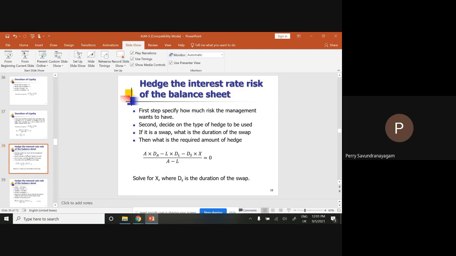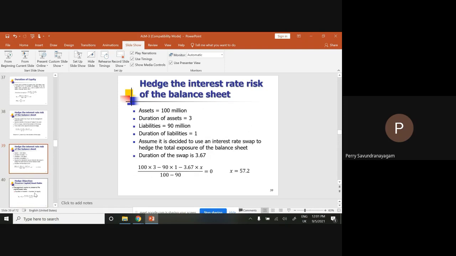Next one is hedging the interest rates on the balance sheet. So basically your assets and your liabilities, just decide from a corporate perspective or firm perspective how much of a liabilities or how much of interest rates you want to actually hedge. You work out your average duration on your deposits and your assets, or the liabilities and your assets, and you figure out from there how much of the portfolio you want to hedge, right? So how would you hedge your balance sheet? What is the instrument you would use to figure out what kind of hedge you would